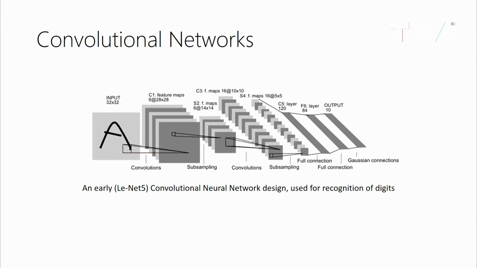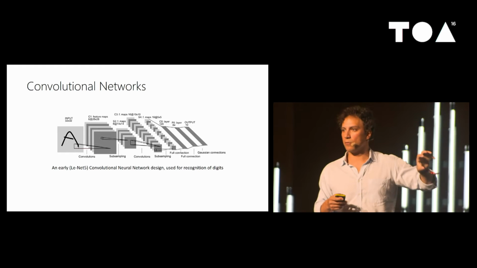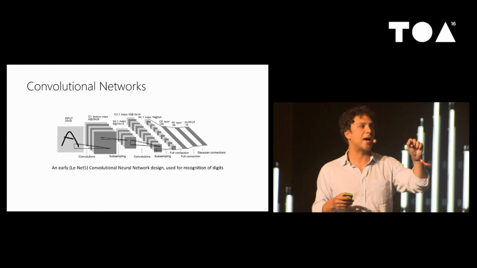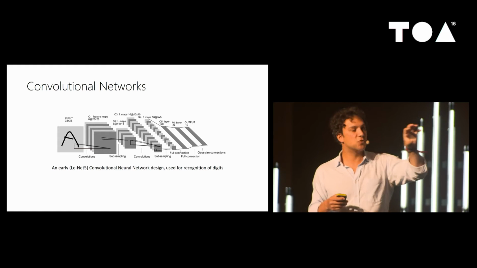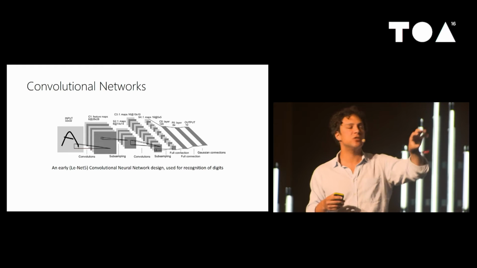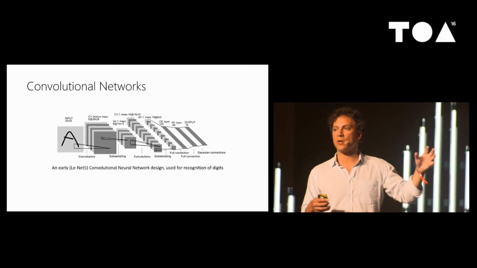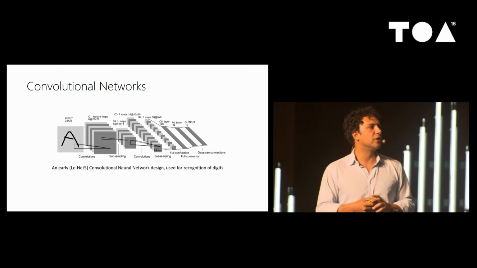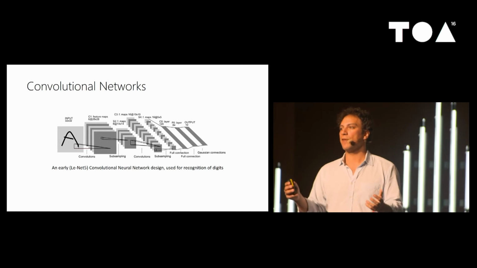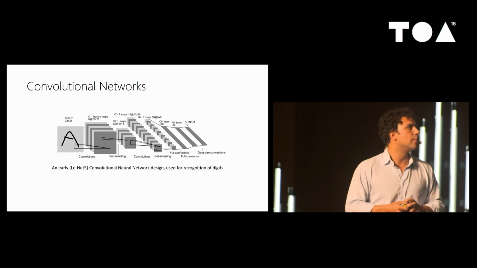So to give you a sense of the structure of this network and how it works, it's looking at this image, and it's applying filters over it. So it's got these filters that look for patterns, and it tracks where those patterns appear in the image and then creates some new images that represent those. And then it passes some filters over those and so on and so forth until it's whittled the image down to a small set of factors that it can then make a decision about.